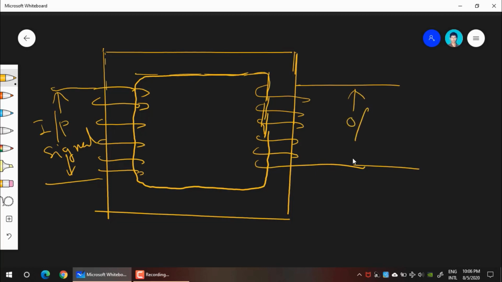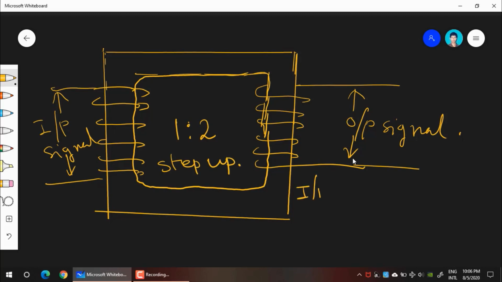You are getting output signal, right? Now, suppose it is like a 1:2 transform, a step up transform. Fine. So, if your input is, then your output should be